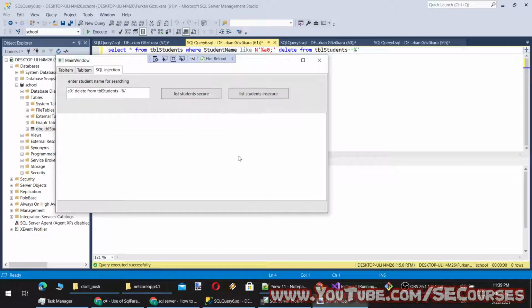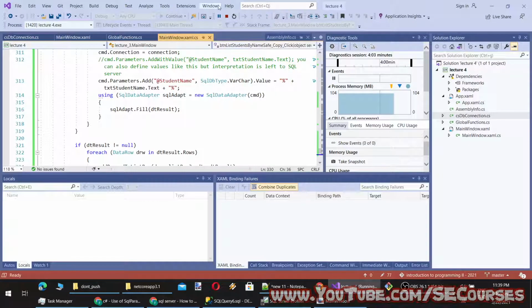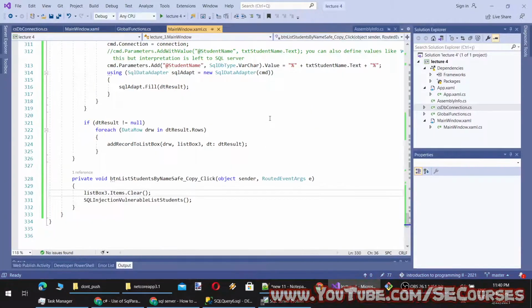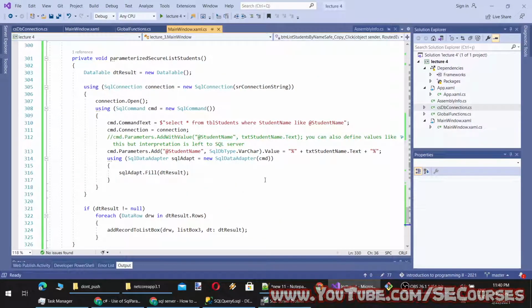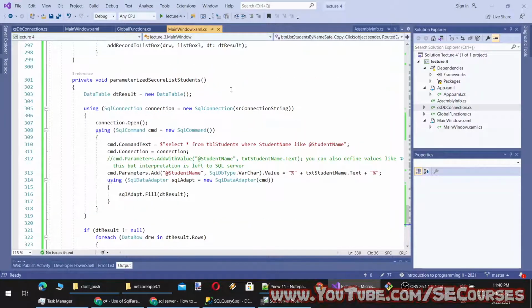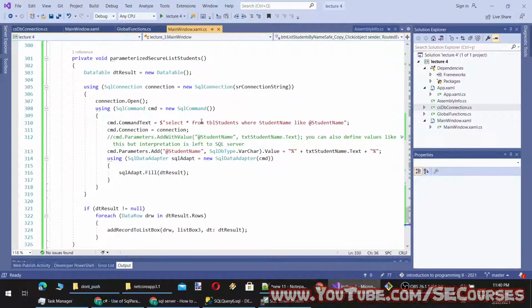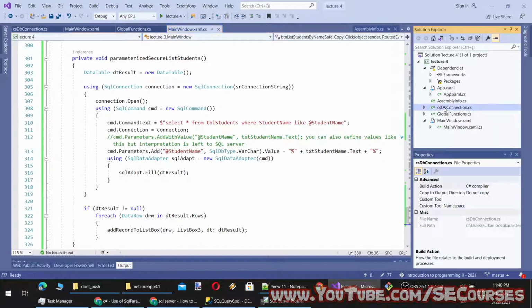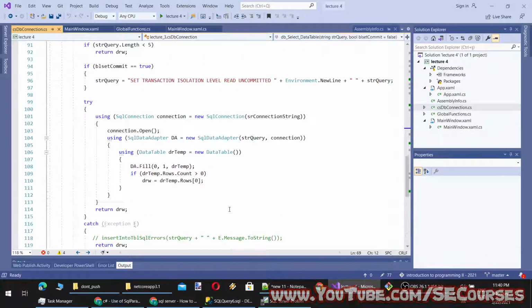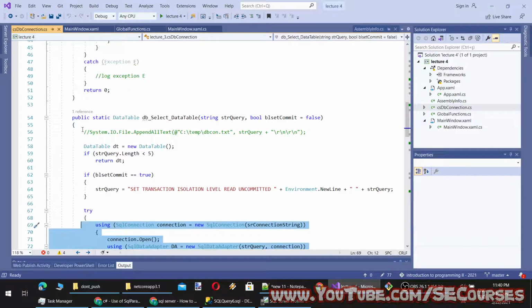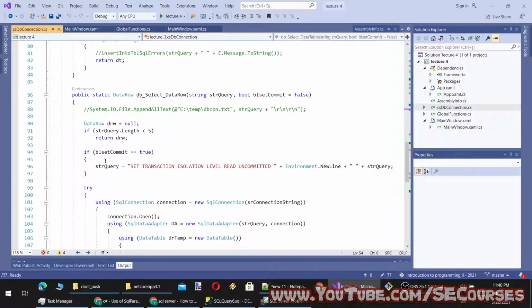So this is what parameterized queries are about, and what happens when they are not used. Now, of course, it would be extremely inefficient and incorrect to write this everywhere we are going to do queries. You can also imagine that. So we have to convert this into a method call like we did. Now it is time to do that conversion. So let's start with select data table. Okay, here.